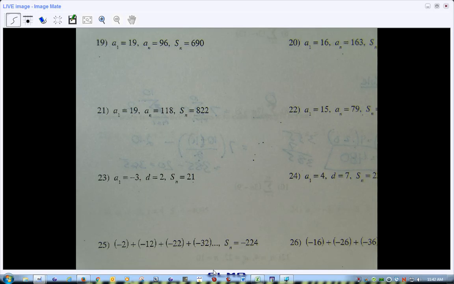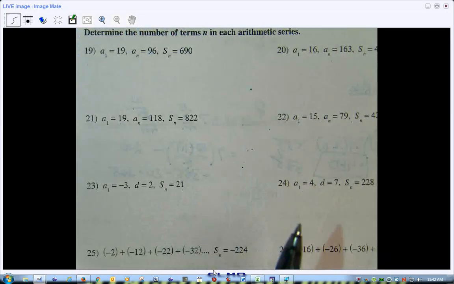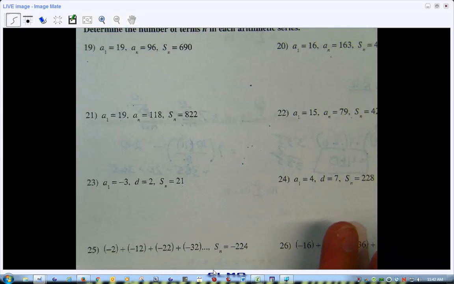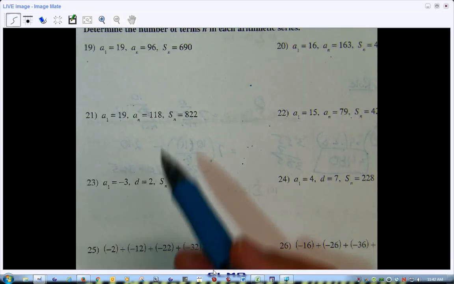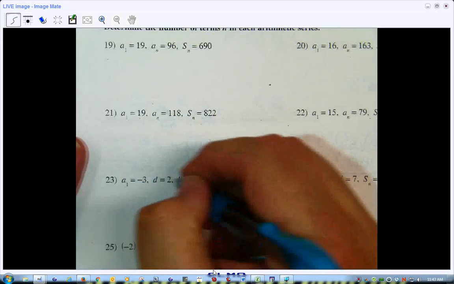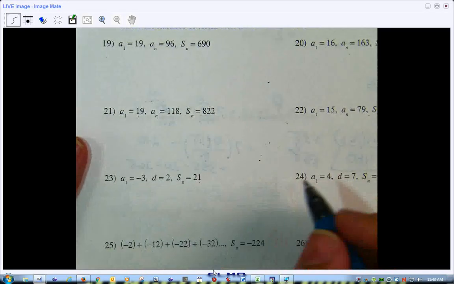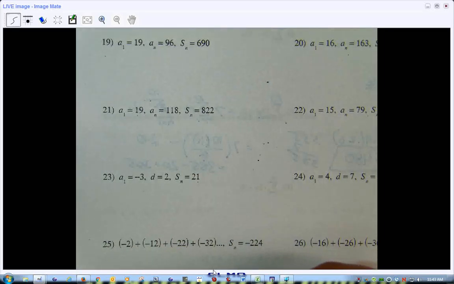Now, the question is: determine the number of terms in each series. So I need to figure out what the number n is. Now here I have a sub 1, d, and s sub n. And the one formula that I'm going to want to use in this case,